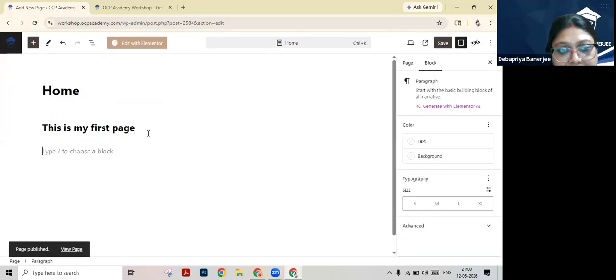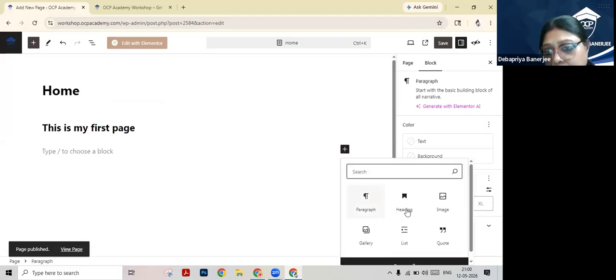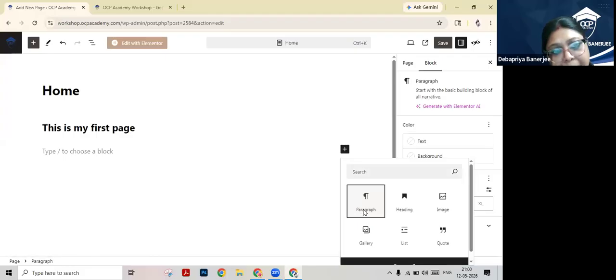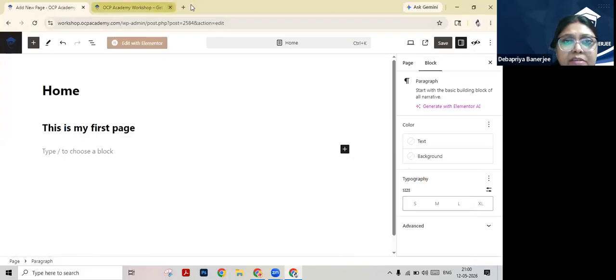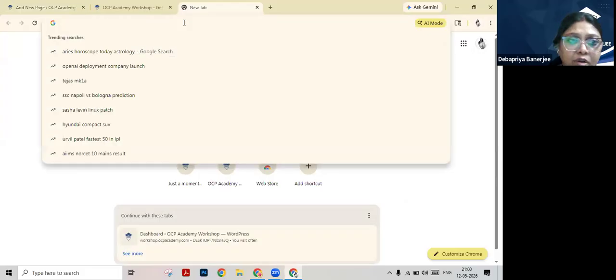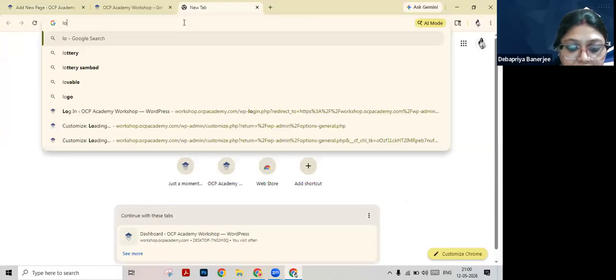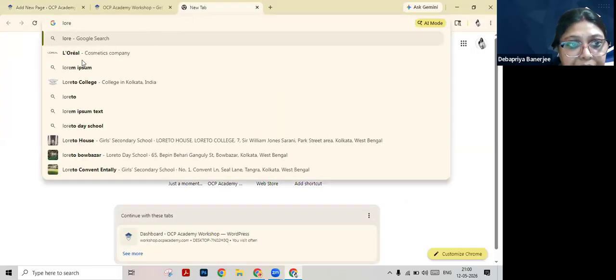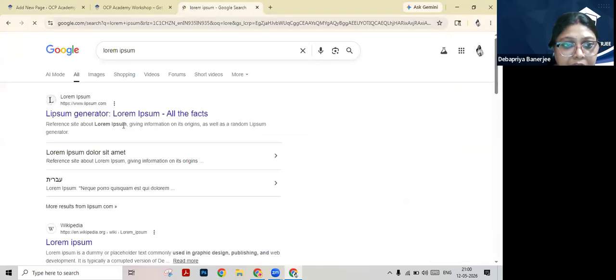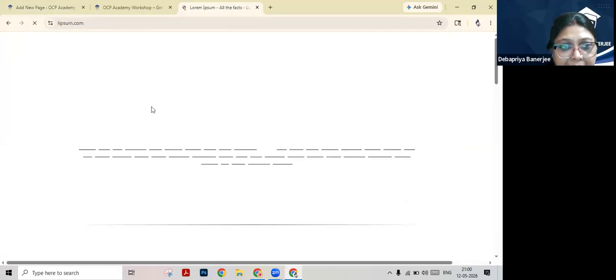Next, if you just press enter, you can have another block. See? So from here you can choose, suppose you want to add some paragraph. So select paragraph and say I will just take some normal. So I will just take some random text.